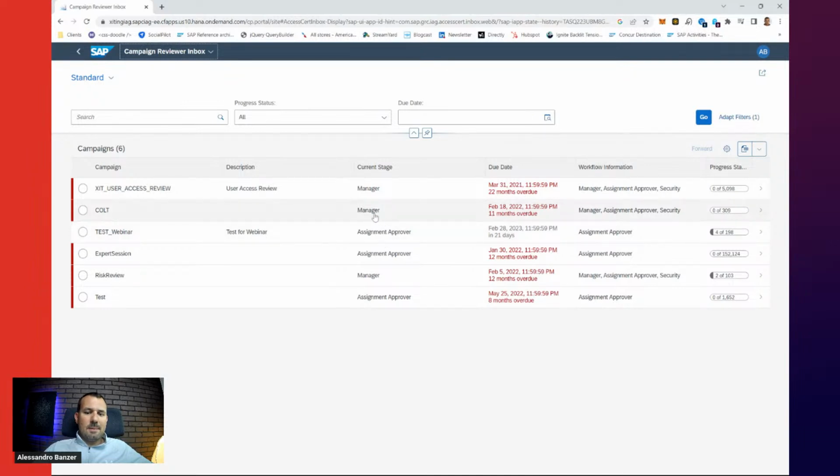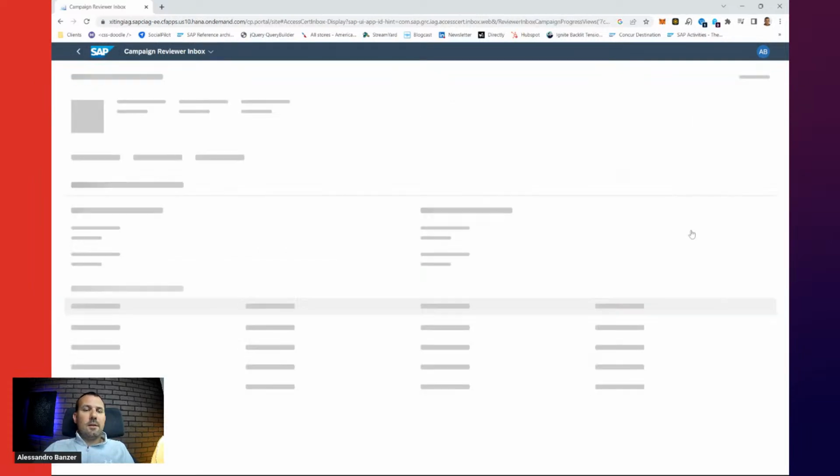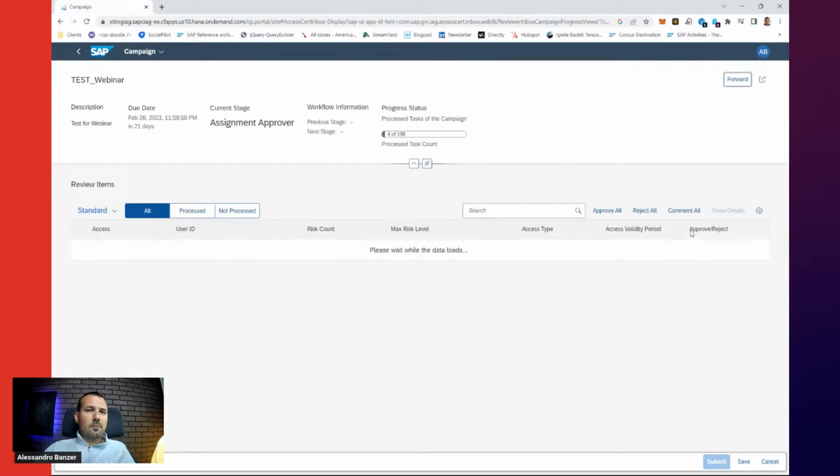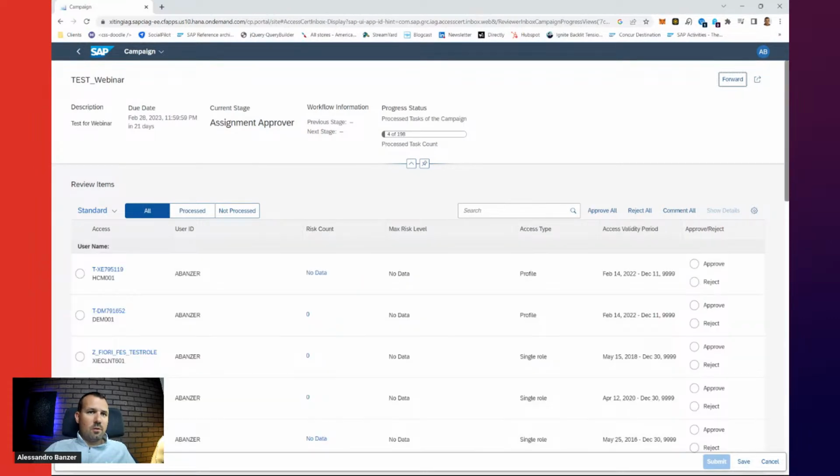In some others, I'm acting as a manager. So there's different ways how we can run it through a workflow, and then the dedicated approver, and it's a manager, role owner, compliance approver, can review that and say, hey, yeah, this is needed, not needed, can approve, reject, and then complete that access certification.